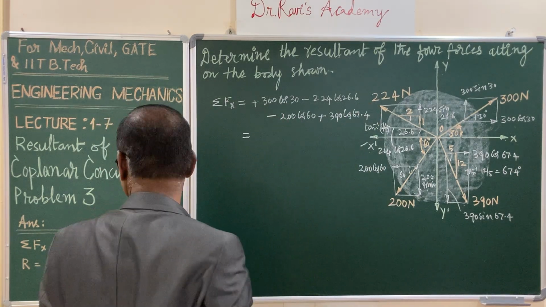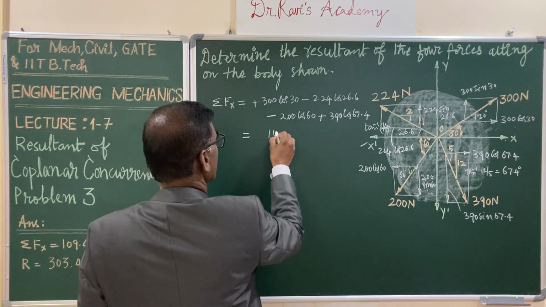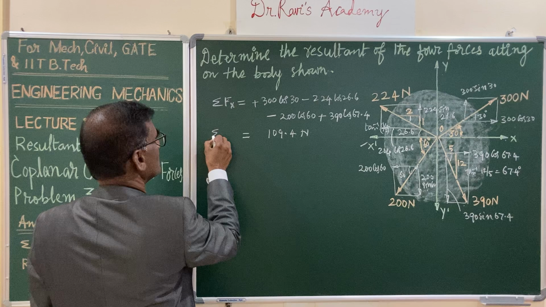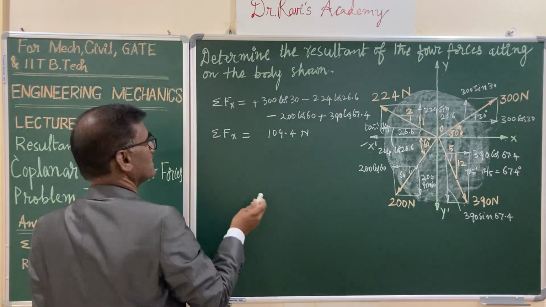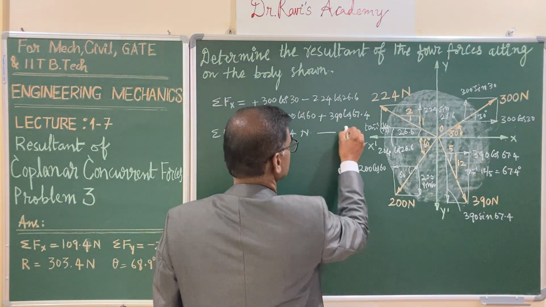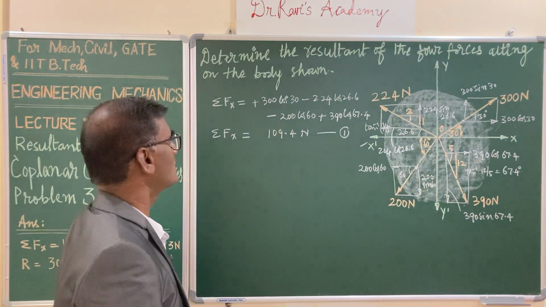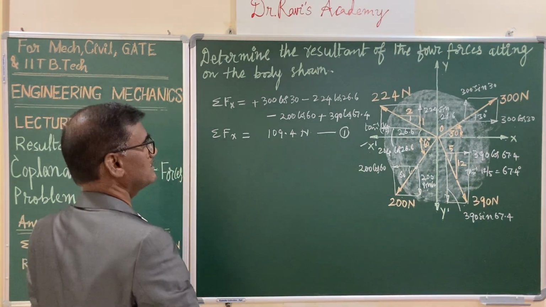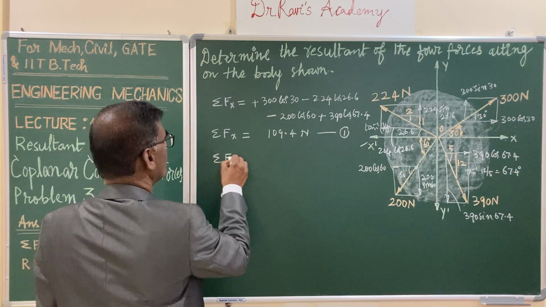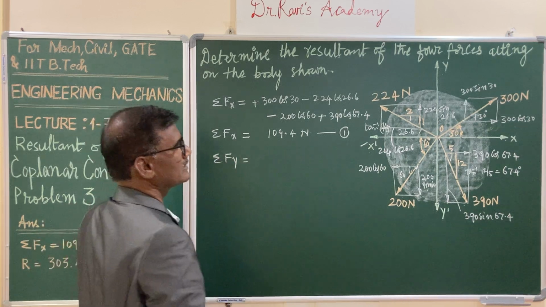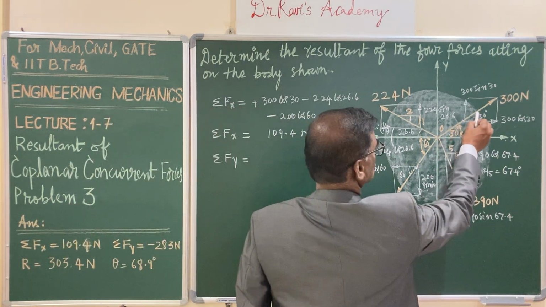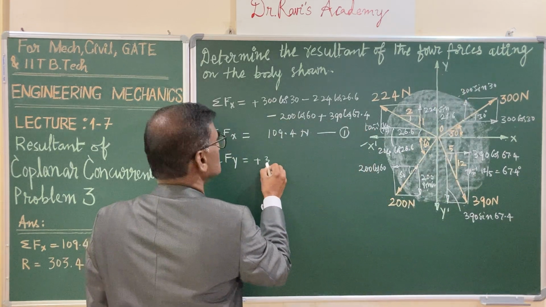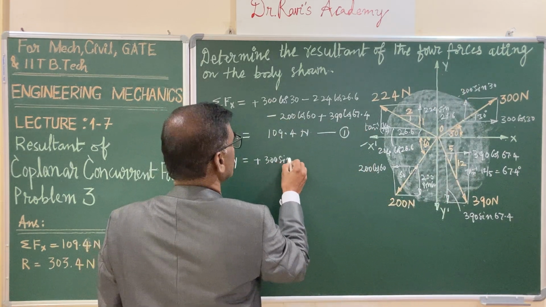This value you are going to get is 109.4 newtons. Your sigma Fx is 109.4. Let us call this equation 1. Now you write down the sum of the forces along the y direction, that is sigma Fy is equal to, here your first force component is pointing in the y direction, that is positive, so it is 300 sin 30